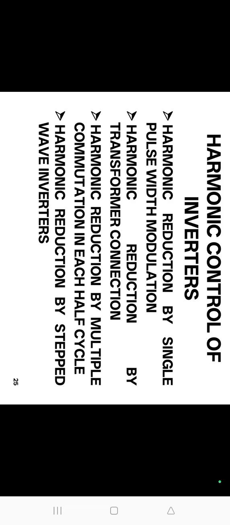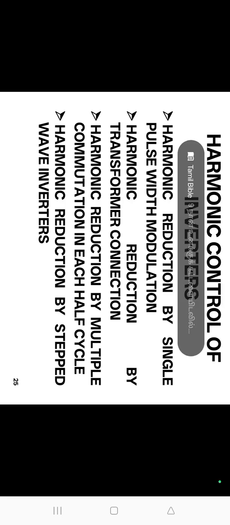Next one is the transformer connection. To get the output with a reduced harmonic content, the output voltages from two or more inverters can be combined by means of transformers. The output waveforms from the inverters must be similar but phase shifted from each other. In this method, it is possible to eliminate third order harmonics. Along with the third harmonics, the multiples of third harmonics such as 9 and 12 are also eliminated. The main drawback of this method is that harmonic reduction needs more inverters and transformers